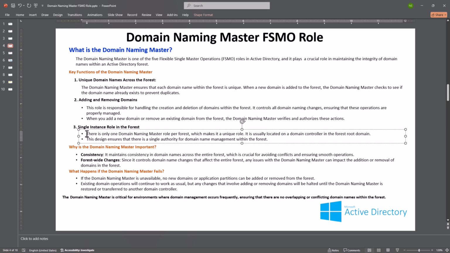There is only one domain naming master role per forest. So in each forest you will have only one domain naming master, which makes it a unique role. It is usually located on a domain controller in the forest root domain. So if I take you back to